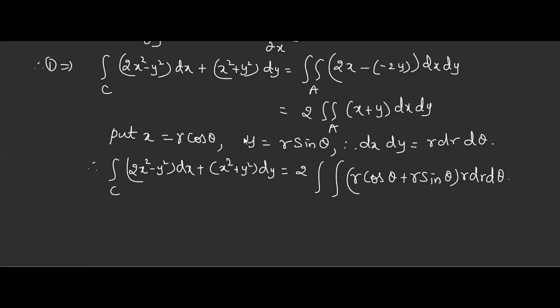Now, here the limits for r and theta, are they constant or variable? 0 to a, 0 to pi. Constant values, or are they going to change? Constant, right? So in that case it is immaterial whether you write r first or theta first. But if you have variable limits, it should be written inside. Hope you remember that concept. Now here I am writing r inside, so I'll write the limits for r here. What are my r limits? r is varying from 0 to a. What are the limits for theta?